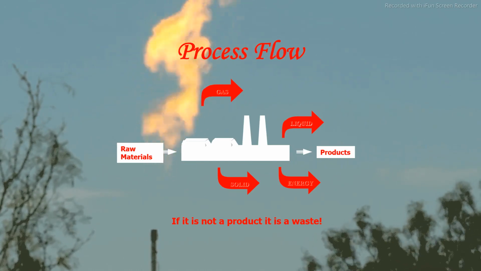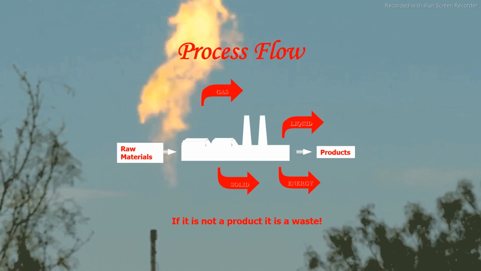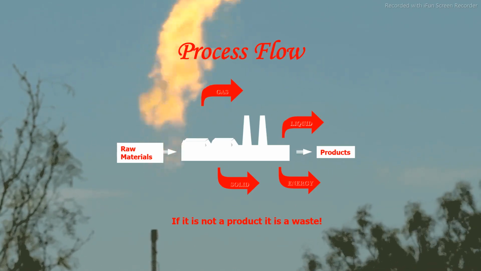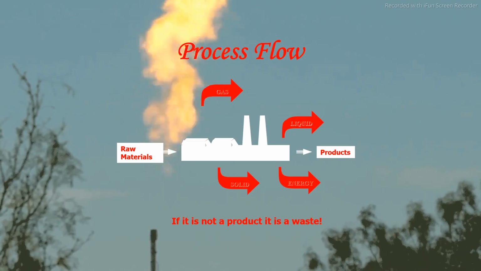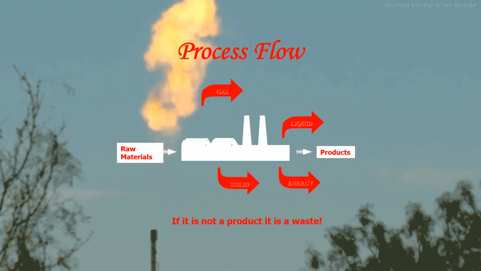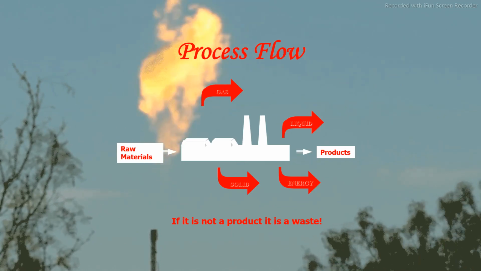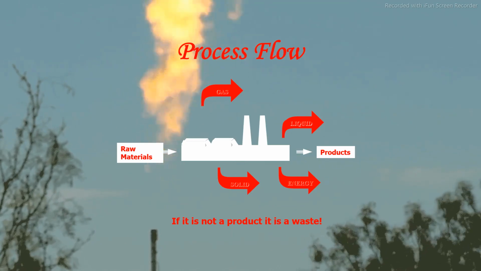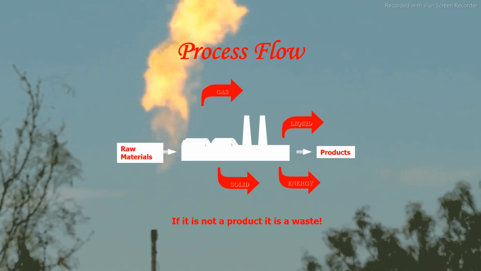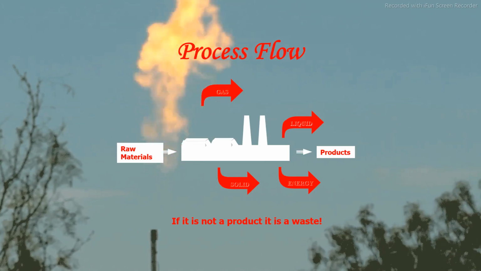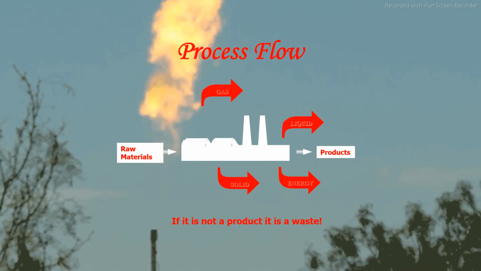So here you can see in this slide, this is the process flow diagram of one manufacturing or industrial activity. For making a product, we need some type of raw material in terms of solid, liquid or gaseous, and some emissions are there in terms of solid, liquid, gas. Gaseous emission like air emission, air pollution; liquid like wastewater; and solid like solid hazardous waste. We need some type of fuel, that is energy, to convert raw material into product. Whatever is sellable is the product, and other than that, which is not sellable,